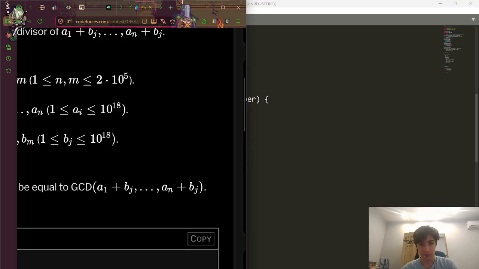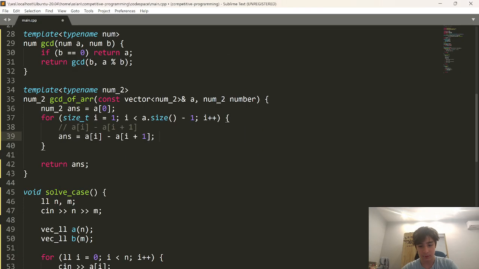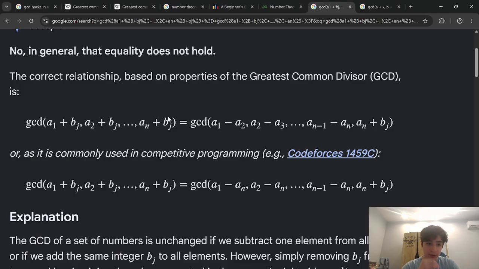Then what we need next is GCD of A1 plus BJ, A2 plus BJ. Then at the end,